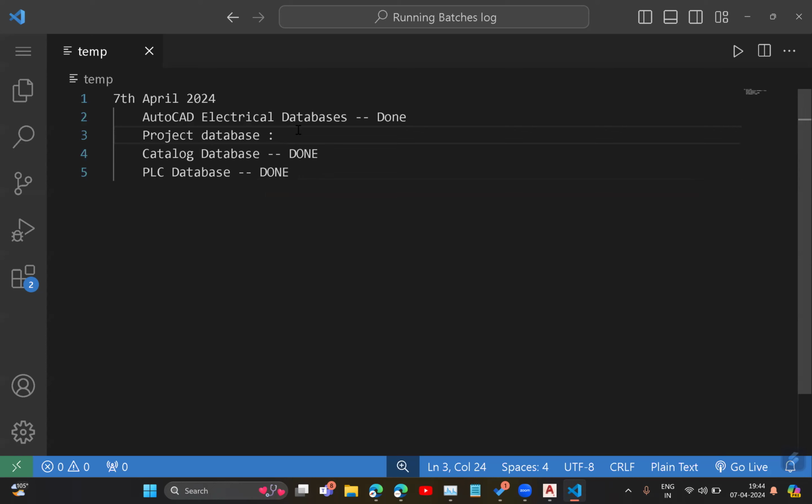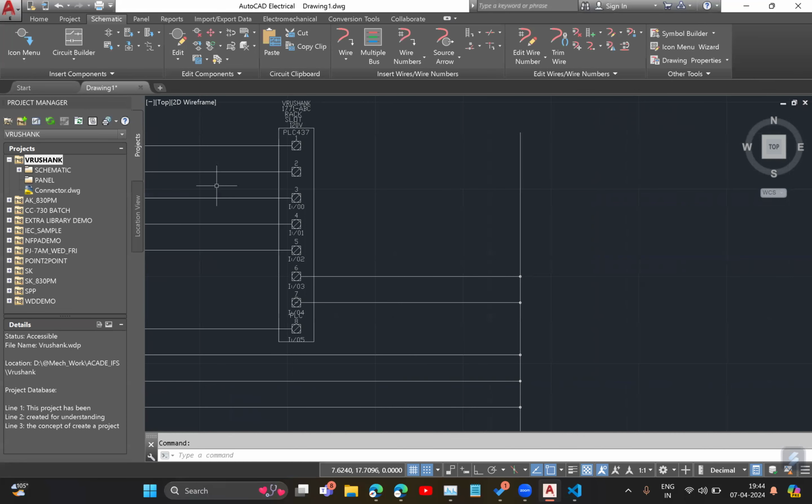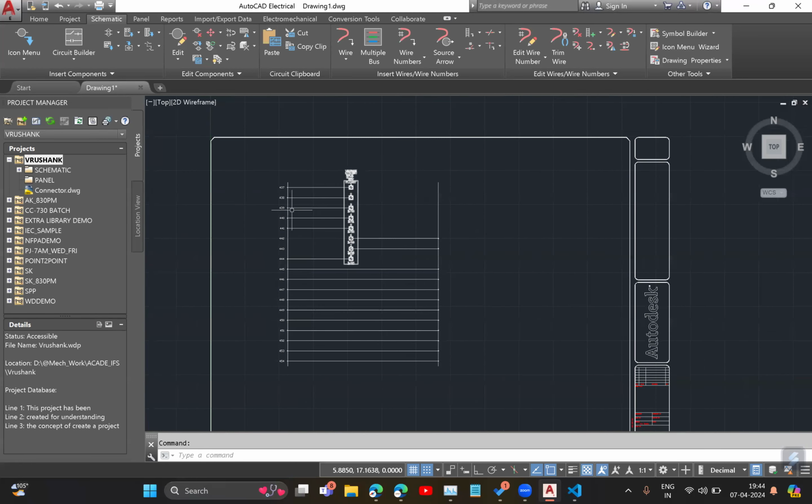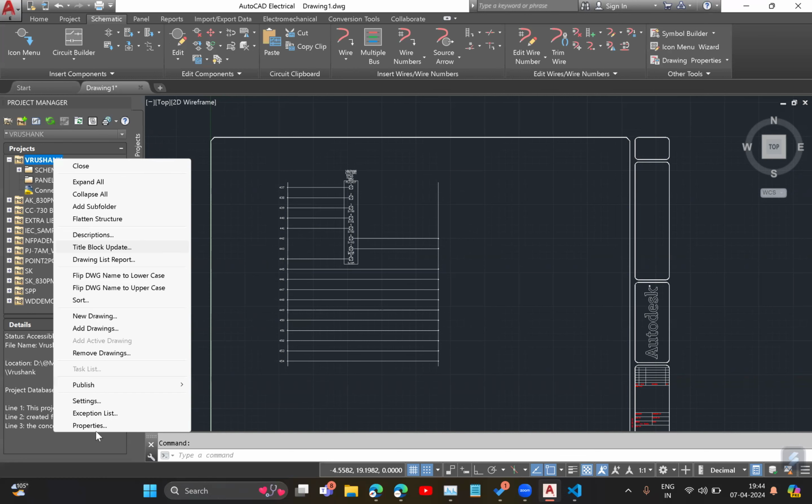Now the last thing remaining is related to the project database. The project database is helpful once you have done with your work. What you can do is have a specific database for your project. Currently, the database used by your project is